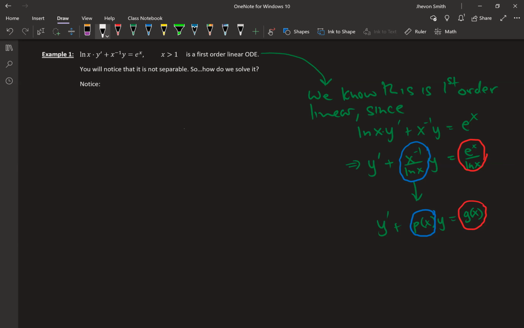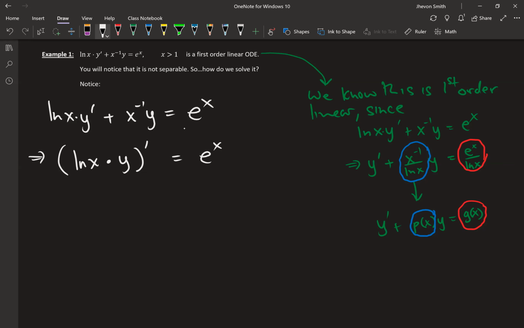So what would work for this guy? Let me show you how to deal with these. Here I have ln of x times y prime plus x to the minus 1 y equals e to the x. Here's something you can notice. See the left side? The left side is actually ln of x times y, all prime. Do you see that? Because this would be, by the product rule,